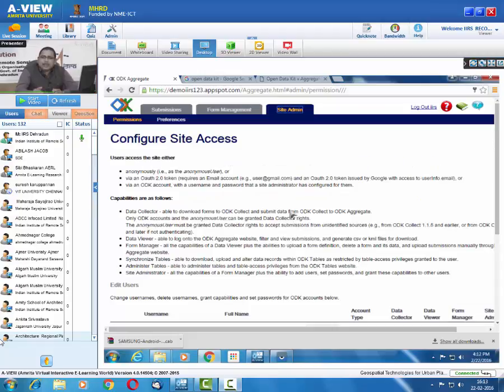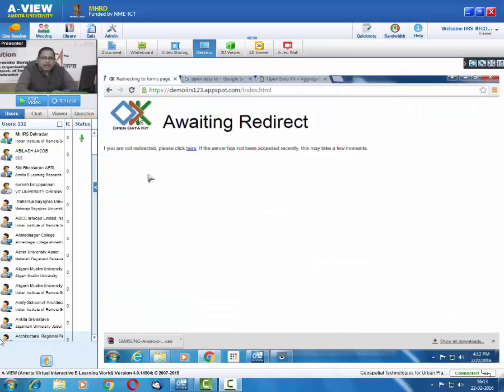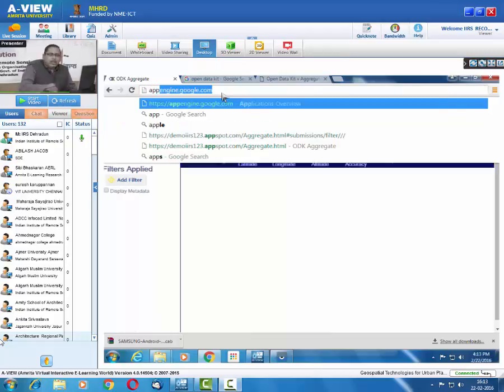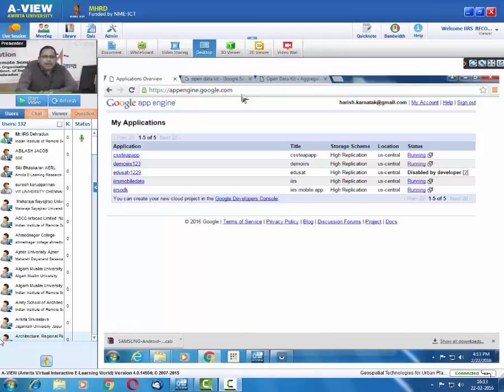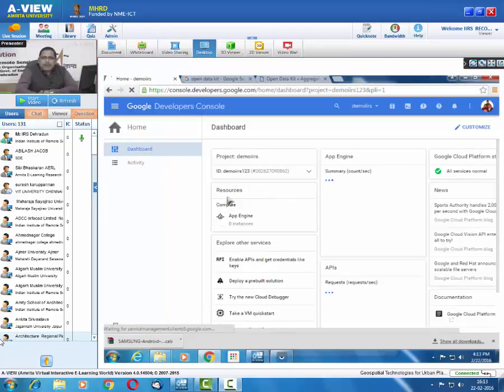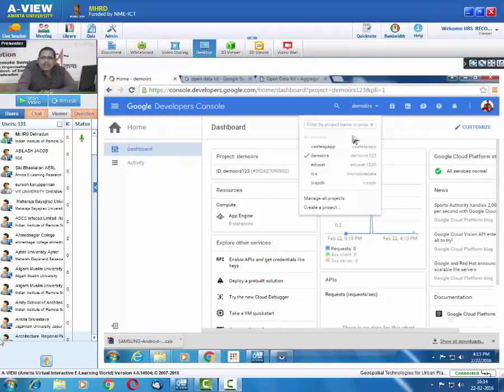So first let us deploy one application especially for this classroom session, so that in later stage you can use it. So let us start deployment. So here I told you your URL will be appengine.google.com. So in my account, I am just starting one small application. I will give the name of this application here. I hope everyone is able to see my screen,